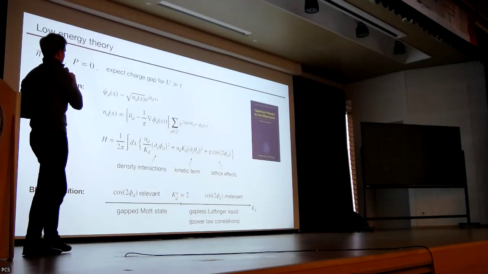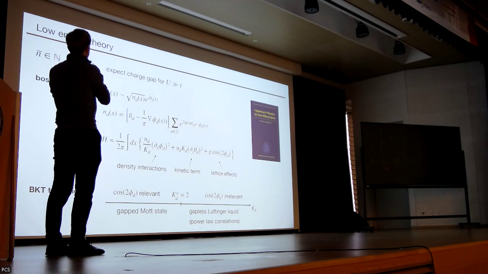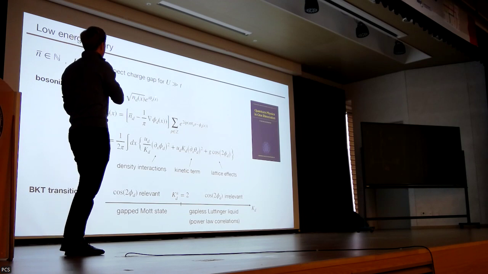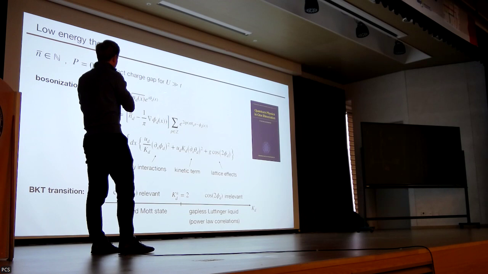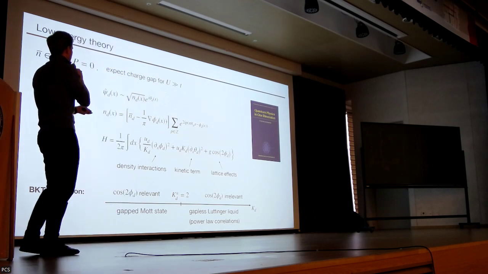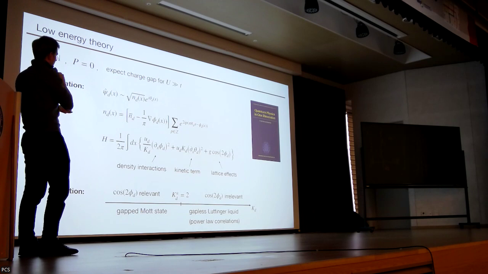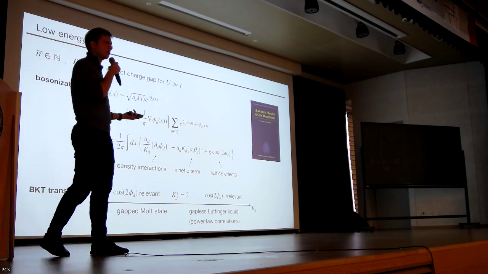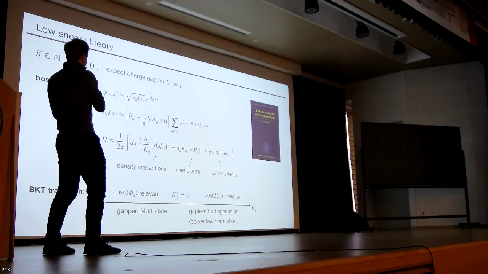and then we can write down an effective field theory description by simply bosonizing these local dipole degrees of freedom that we've just introduced in a standard way, by introducing both a phase field for these dipoles as well as a density field. And then the effective model that we get out is a standard Sine-Gordon model with density interactions, a kinetic term of those dipoles, as well as a cosine term, which comes from the fact that we are on a lattice here. And then the standard scenario that we would expect is that there might be a BKT transition